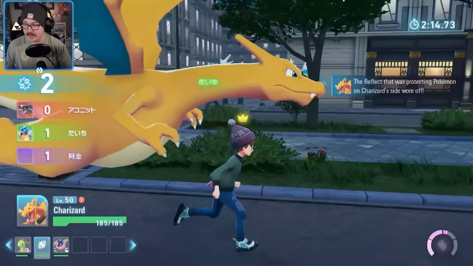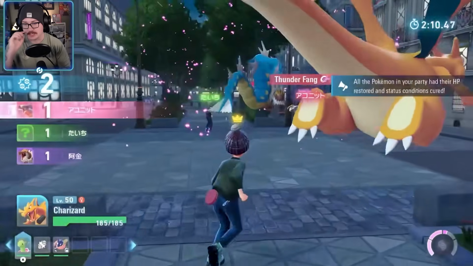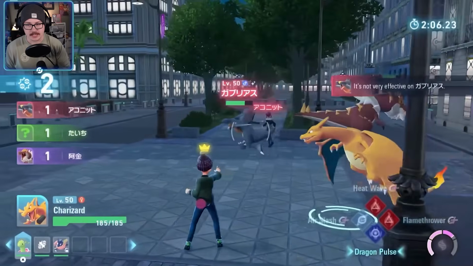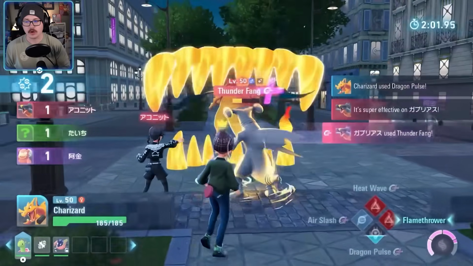So I'm looking around. Gyarados is on the field. I'm going to secure the health and just kind of sit back and see what's going on. I'm going to let the Head Smash try and connect here with the Garchomp. And I'm going to shoot a Dragon Pulse at it to try and weaken it. I'm going to go back into...